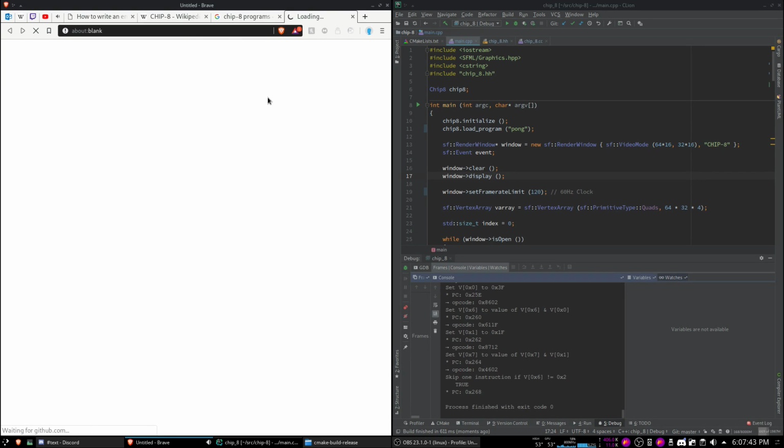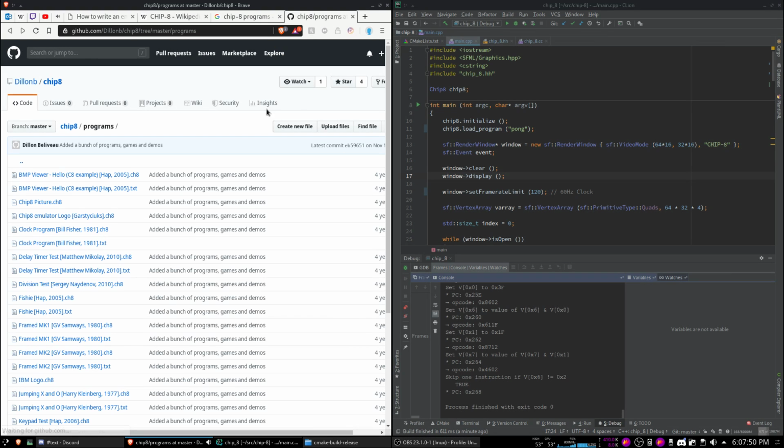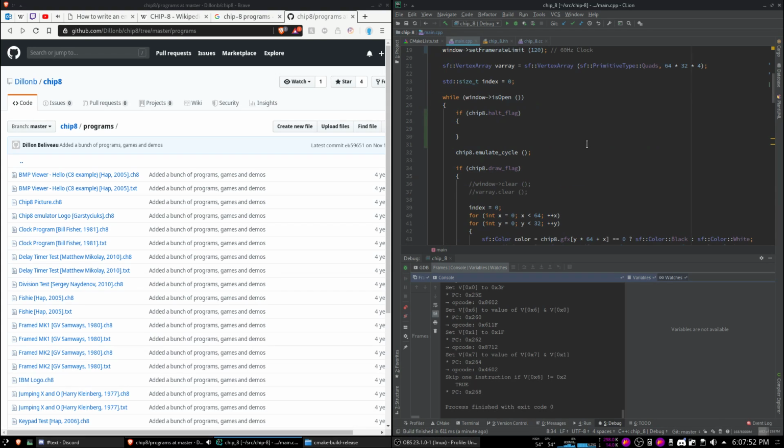Oh god, I'm tired. Yikes. Obviously, you could make a GUI for it, a debugging GUI. It's all been done before, but